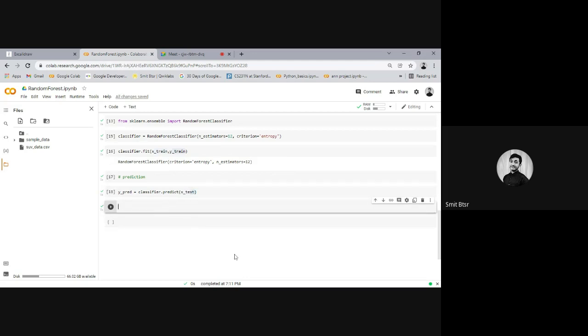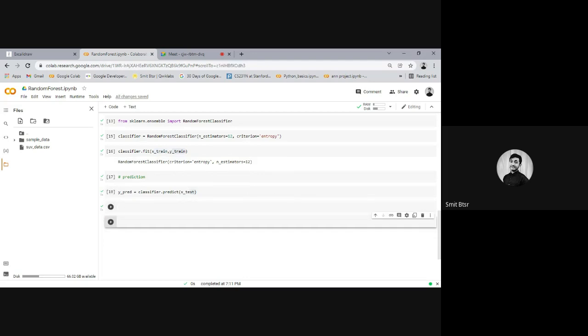The simple basic one is to find the confusion matrix, like how many predictions it made correct and how many predictions it made wrong. It is a table which, if you are familiar, has true positives, true negatives, false positives, and false negatives. That is basically the confusion matrix.